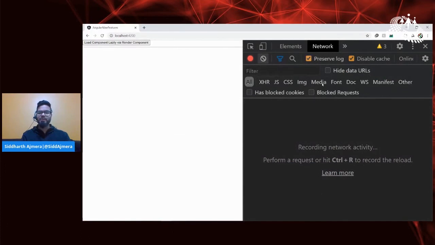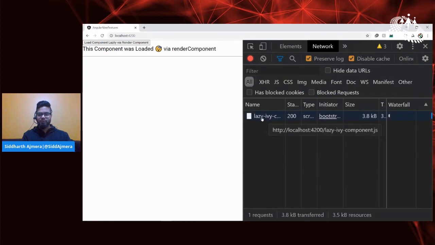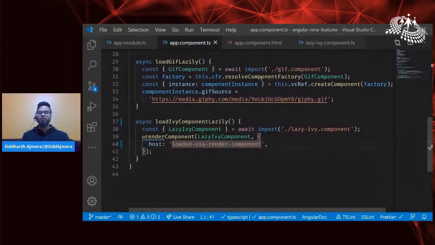So I click on the button, and then you'll also see a network request that goes out to fetch that IV component lazily, and then this network request went out, and then it loaded this component. But this time around, we are not really relying on the component factory resolver or the view container ref in order to call those specific methods in order to render the component. This is one great aspect of it. Another great aspect of it is,